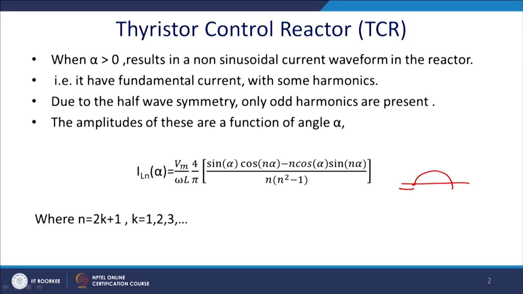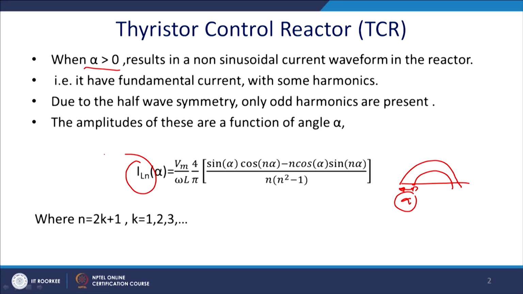the issue of the power quality, because even though when you are changing alpha, essentially you will have a displacement power factor. So, this is alpha. So, you will have a displacement power factor. When alpha is more than 0, it is non-sinusoidal, and we can do the Fourier series analysis of the current waveform of the reactor. The fundamental current will be contaminated with the presence of the harmonics,